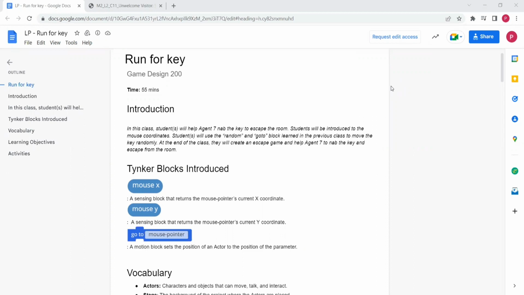In this class, the students are introduced to the mouse coordinates. They will also use the random block and go-to block learned in the previous class. At the end of this class, they will create an escape game and help Agent 7 to nab the key